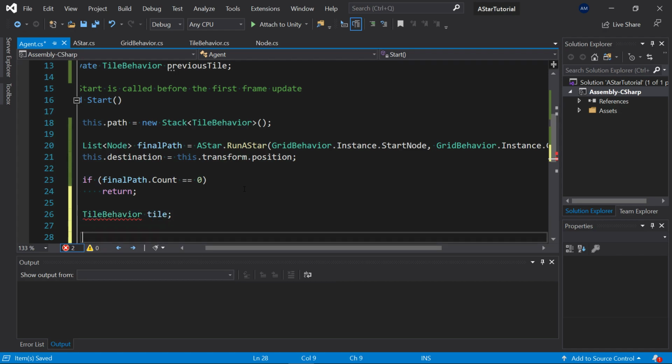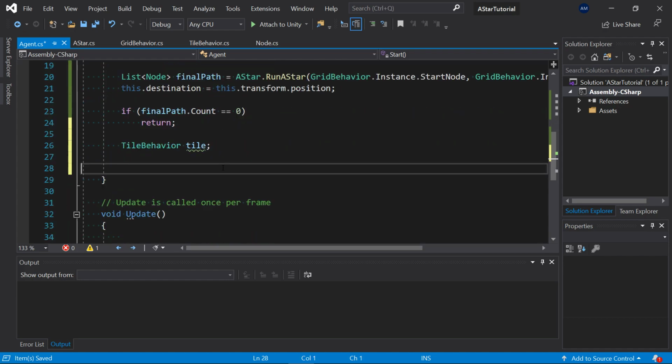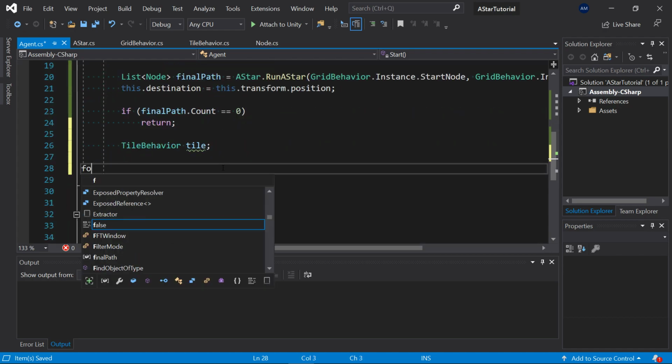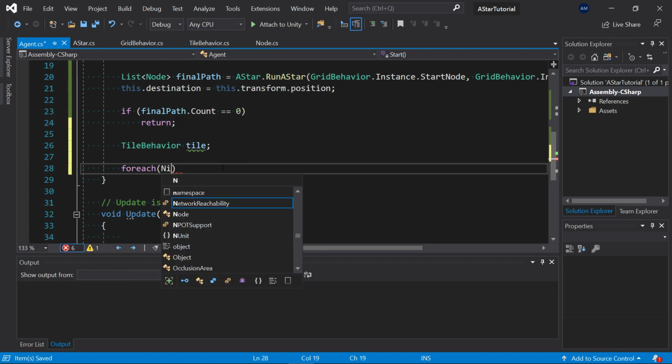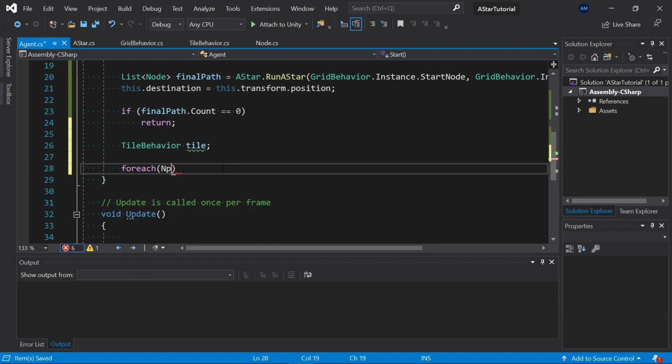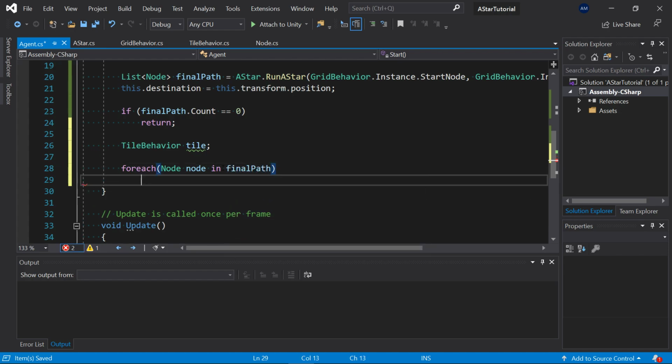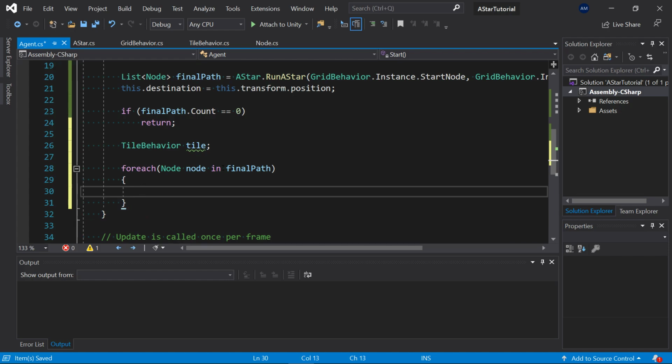Or tile. I'm moving stuff over so you can see it. I'm going to say for each, for each node in the final path. We're going to loop through the path. So for each node in the final path,